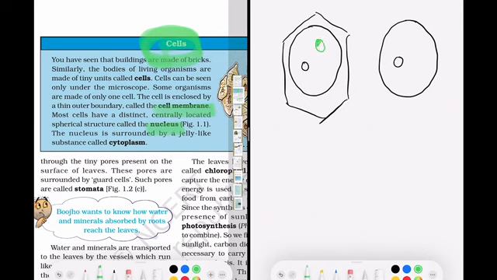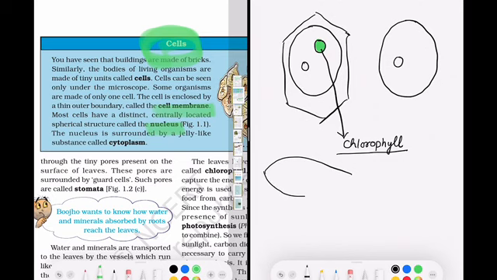That is a green color structure called chlorophyll. Chlorophyll is a pigment. Pigment means anything that has color, a colorful thing. Because it is green in color, we call it chlorophyll. You see the leaves, they are what color? The leaves are of green color, isn't it? That means the leaves are green in color because of the presence of chlorophyll.